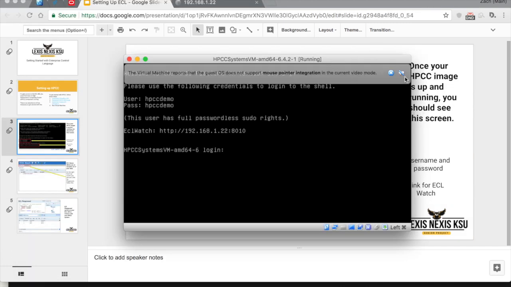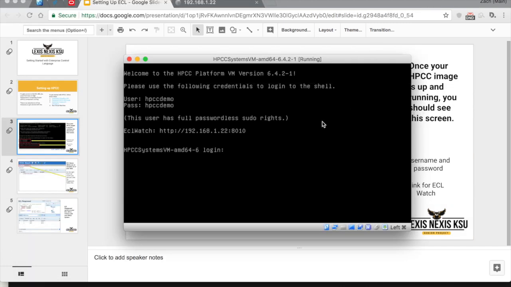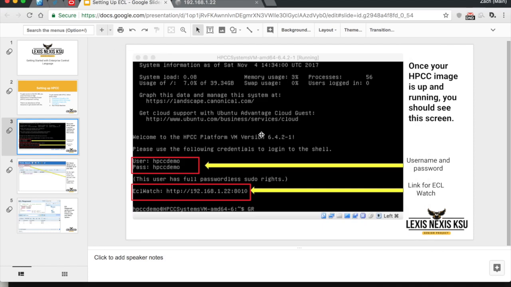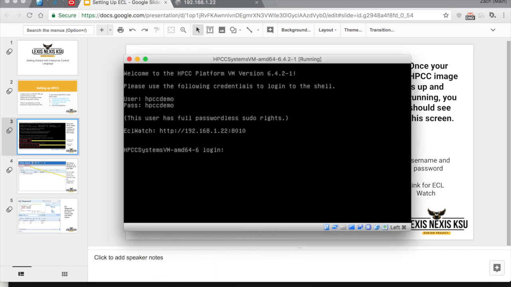Okay, so now that the system is fully running, you'll see here that we have a few prompts that's asking us to log in. Now the HPCC image comes with your user and your password. This is the playground of the HPC systems, so that's why they provide that information. One thing to note about this is this is your username and your password. They're the same exact thing, and that's what you want to log in with. So I'm going to do that here. And it will not show the password. But once you log in,